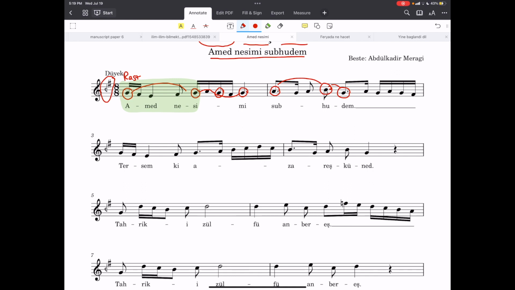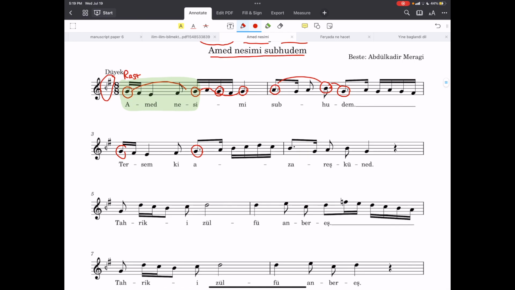In the next line, we have here measure 3, another Rast, and we're doing essentially the same thing as we did in the first measure, except now we are expanding the range a little bit ahead of the Sega. So now we're pushing up ahead to Neva. And then we fall back down